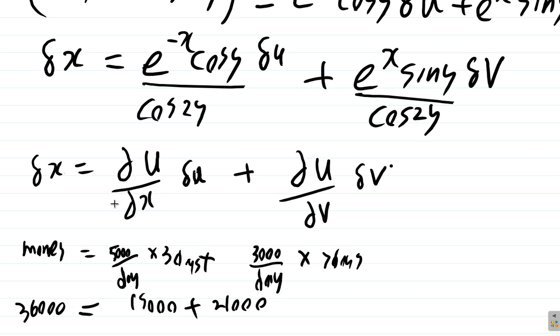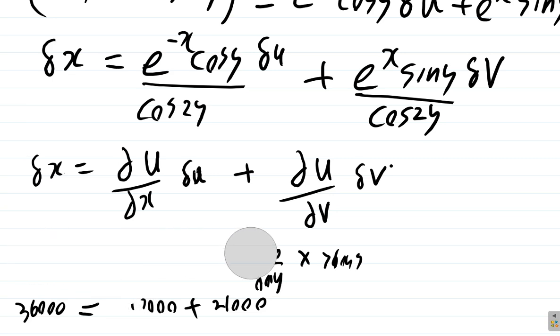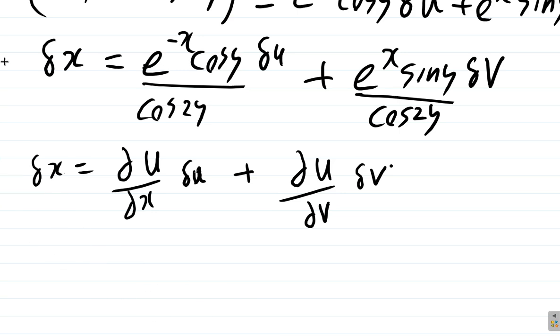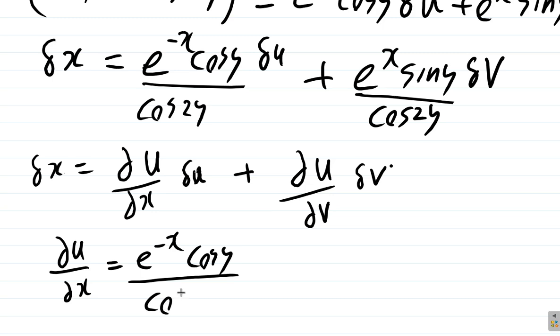36,000. Just a reminder of the meaning of this general format. But then let's look at this. We have our del X here, our del U, our del V. What else do we have? We have this. So when you compare them, you see that delta U by delta X is equal to e to the negative X cos Y over cos 2Y, and delta U by delta V,